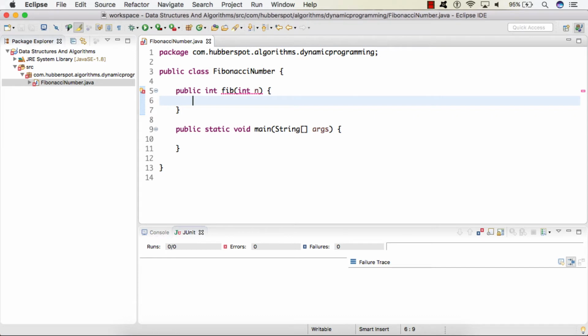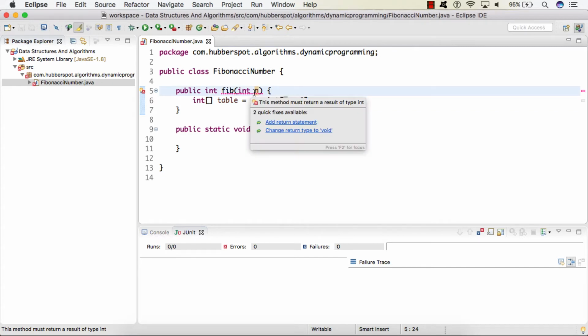So here we'll create an array. We'll give it the name table, and the size of the array would be n plus 1, because an array is indexed from 0 and we are using this table to store the individual Fibonacci numbers.